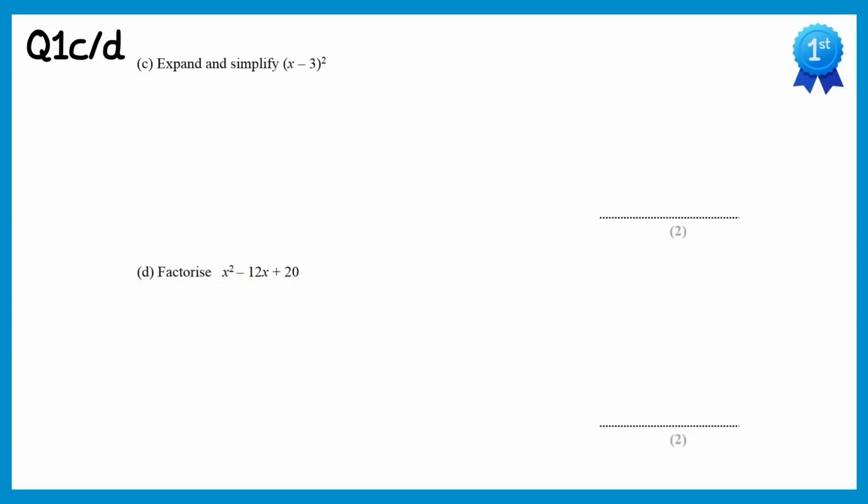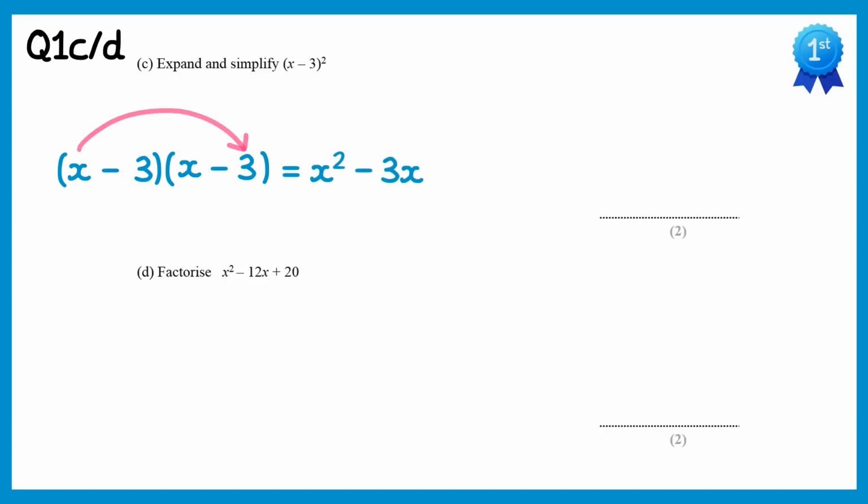For this question, we need to expand and simplify x take away 3 all squared. This means x take away 3 times by another x take away 3. So we'll expand this with FOIL, x times x is x squared, x times negative 3, negative 3x, negative 3 times x is negative 3x as well, and negative 3 times negative 3 is a positive 9. We can collect together the like terms, so we've got negative 3x take away another 3x, so it's x squared